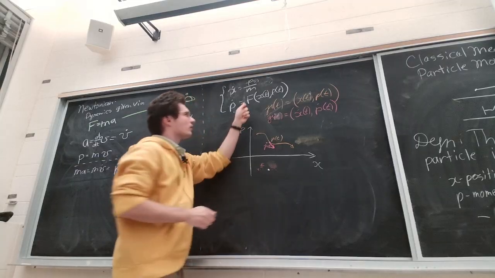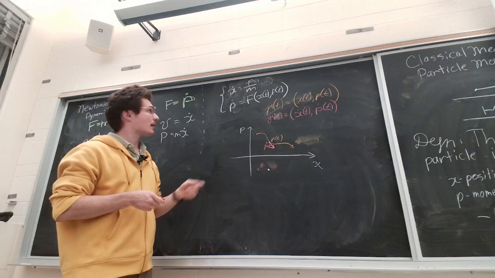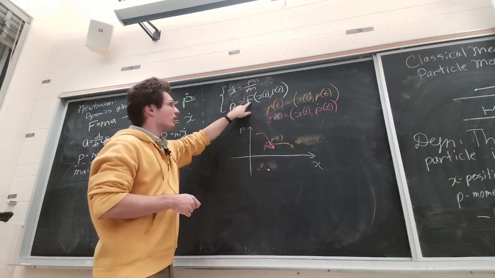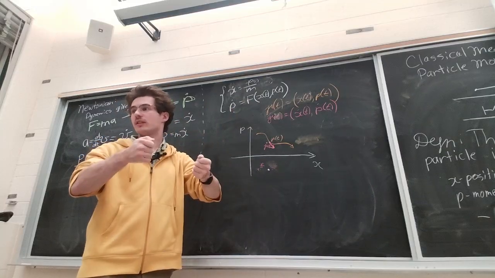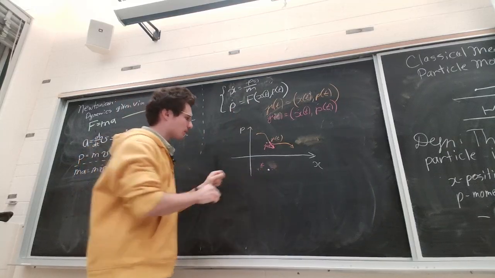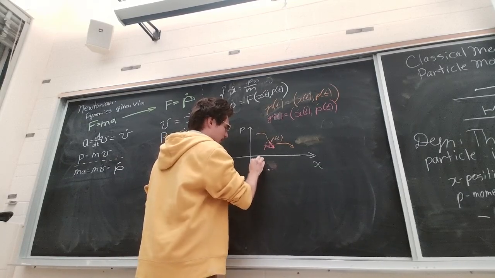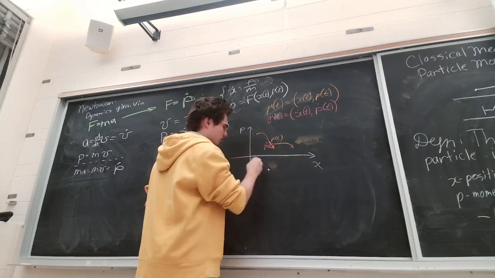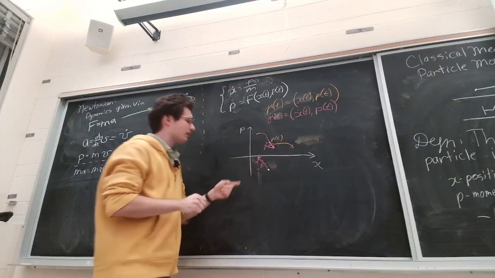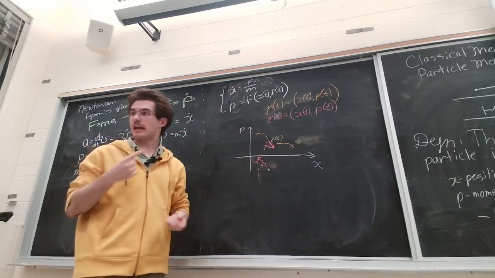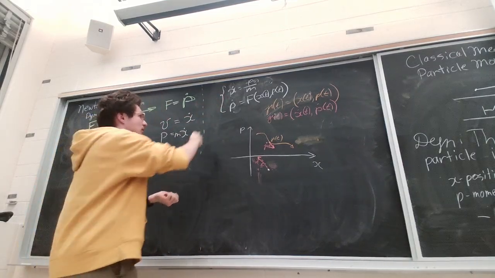And then suppose that my force only depends on x and p, which it almost always does. Then if I knew that I'm here and the force depended this way on f of x, p, and f was a given function that we knew, then if I was at this point, I could always calculate what f of this point x comma p is. Do you agree? And if I knew the point, I could always figure out what the tangent vector should be to my curve. Okay? So in other words, this system of equations